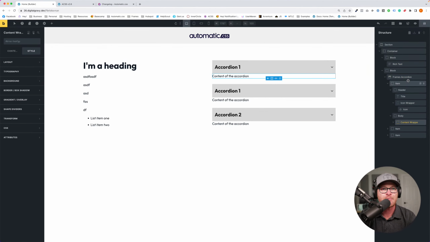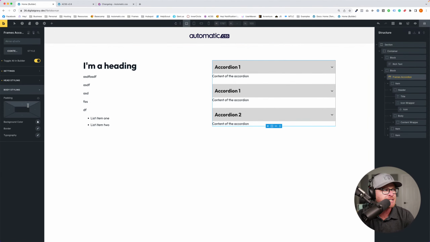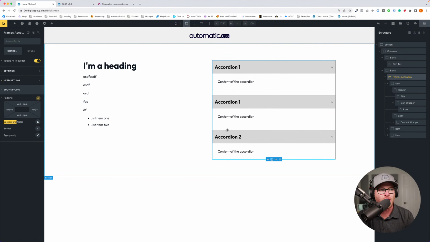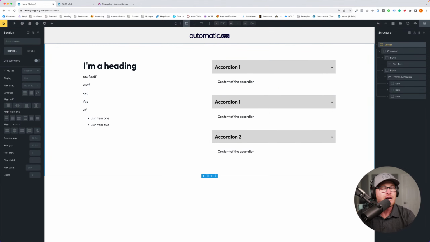And on these content wrappers, I can actually control this from the main frames panel. So body styling, a little space in action. So I can control all of them. Even though I'm styling at the ID level here, I'm actually able to control all of them from the main element. I don't have to click every child element and style it. I already showed that in the other video, go watch the video on accordions. It's very easy to use. Okay, other questions?